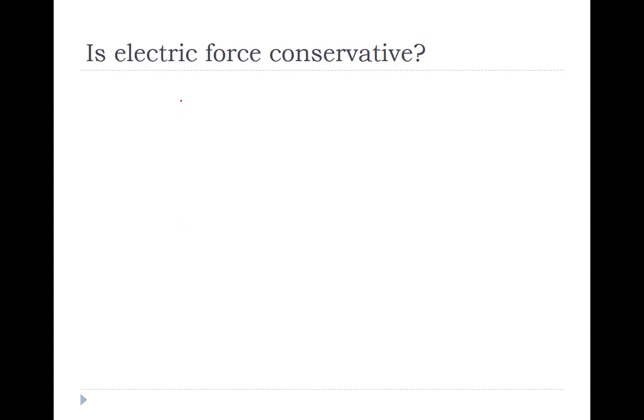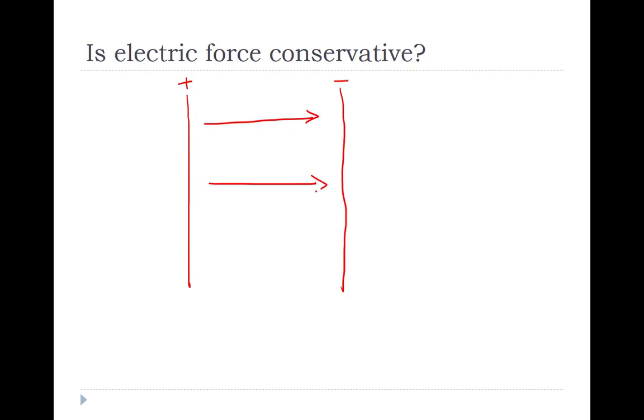So let me give you an example. We'll be working with this example a lot for this section. So last section, or last unit, if you will, we saw that if I have a line of positive charge and a line of negative charge, then the field in between was uniform, constant in magnitude, constant in direction. If I take another charge and launch it in here with some velocity, ooh, that's supposed to be a plus sign, it's a little hard to see,